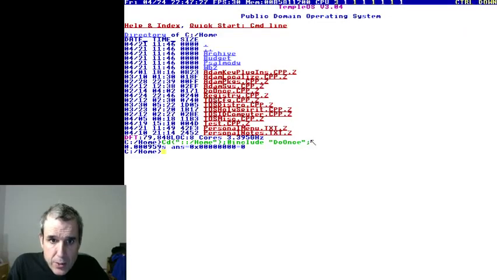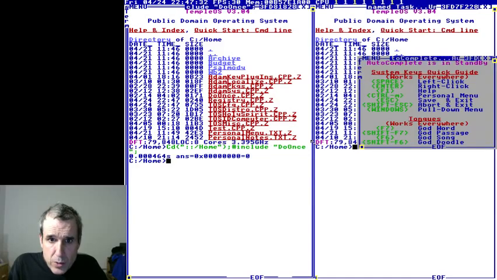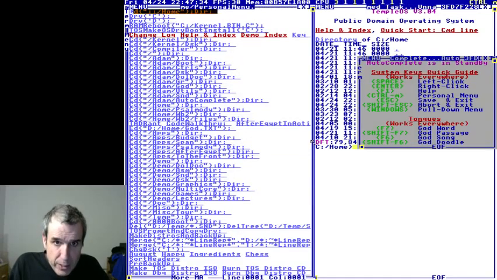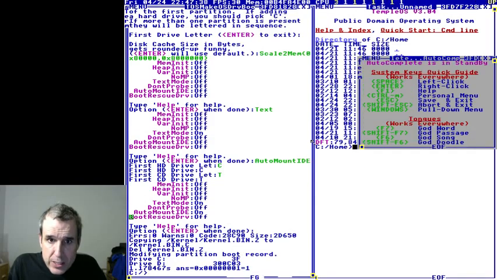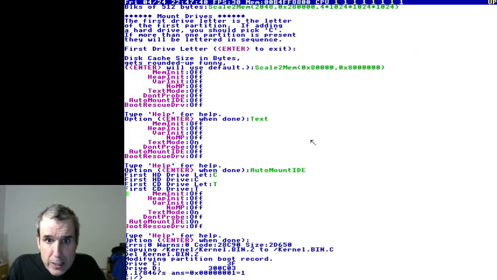Okay, now here's the trick. Reboot. This loads the new config. Then we recompile. Now if we look at the listing of what it entered, it did text, and now text mode is on. Now we have to do a hardware reboot because the BIOS mode has to be in real mode. When you do a